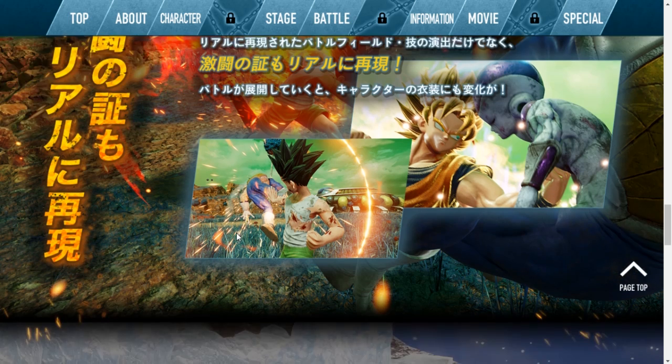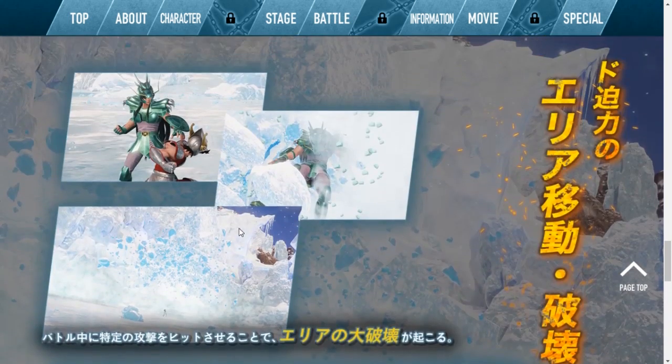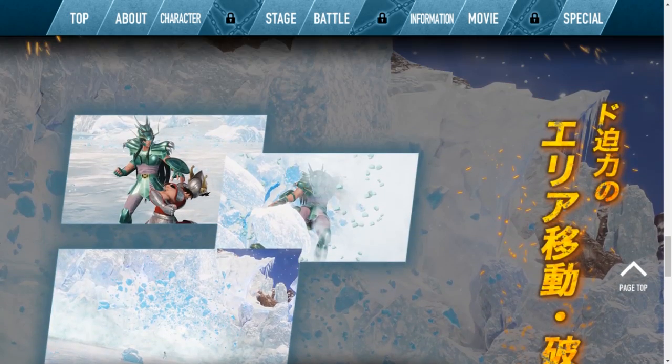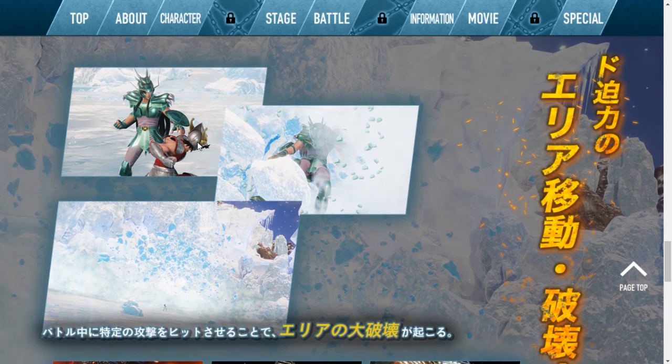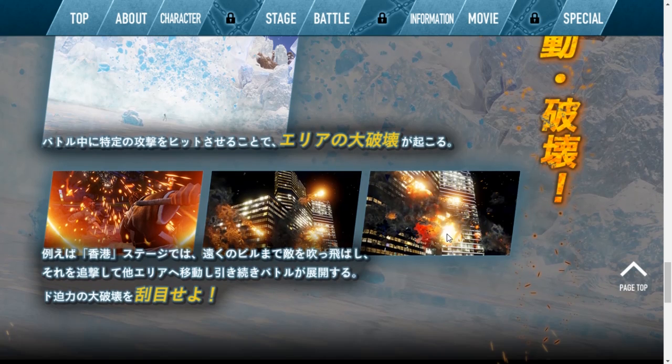And then our last section on this page says cause destruction and move to a new arena or area with a powerful hit. On here it shows Seiya hitting Shiryu, with some destruction on this stage. I believe this is the Alps. And under this it says, hitting a specific attack during the battle will cause destruction in the surrounding area. And here it also shows off Hong Kong,